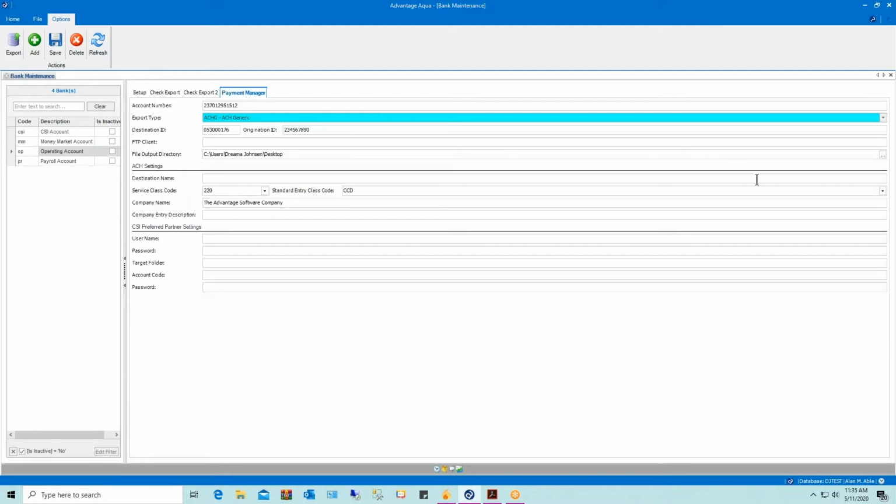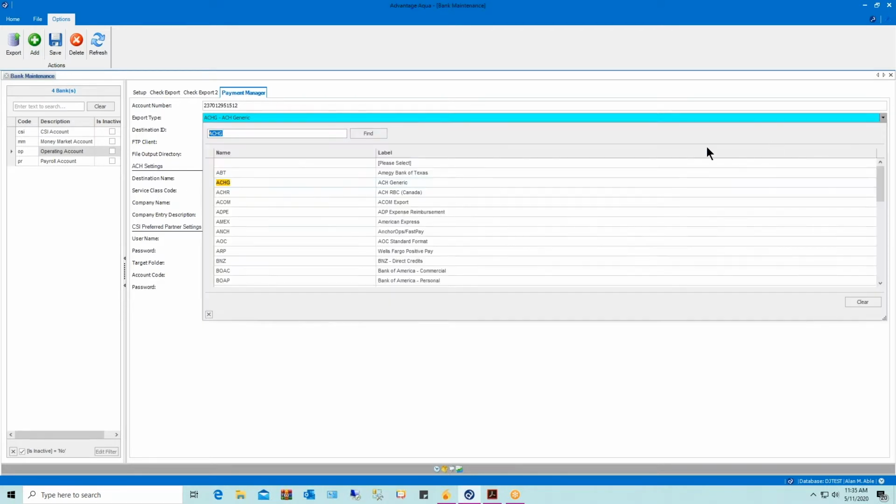Along with file output formats programmed to meet the needs of specific banks and financial institutions, Advantage includes a generic ACH format for both US and Canada, which generates a file more commonly known as a NACHA file. In addition, we've partnered with CSI and AnchorOps to facilitate your payment processing needs. Some of the options available under the export file is the Amegy Bank of Texas, your ACH generic for both